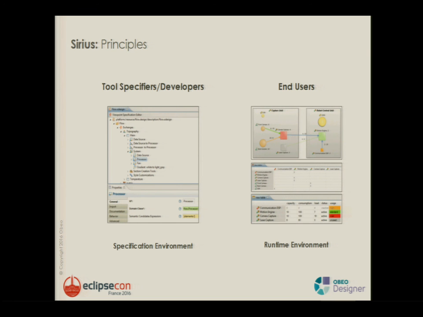Concretely, you have an engine which interprets live the configuration made by the tool specifier, which defines that this concept will be a rectangle, which we can change to a different shape depending on one constraint. And live, you have the result here, which appears as diagrams, tables, matrices. It's very fun to use it because you see the result instantly.